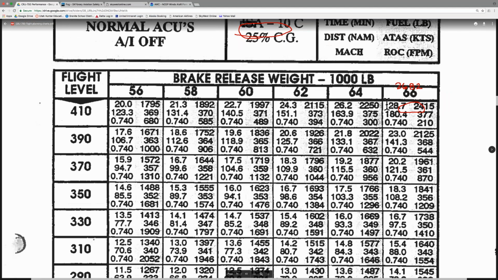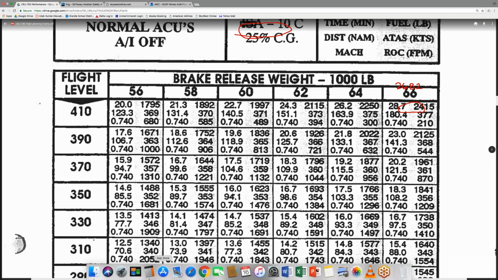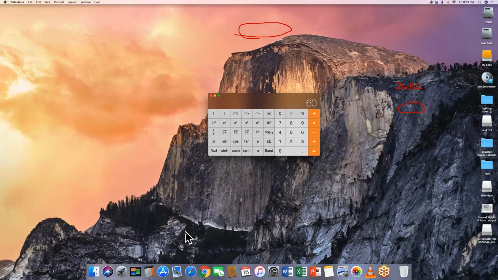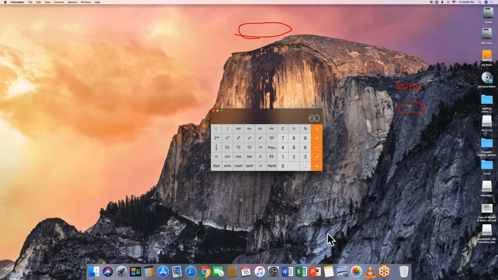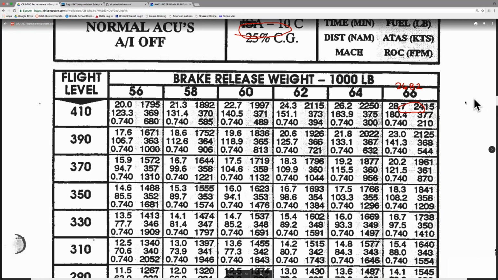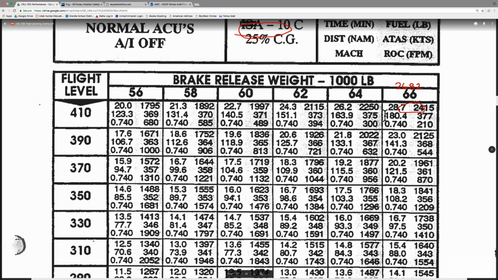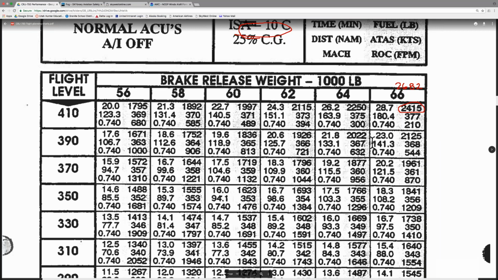Okay, here's our negative 10 degrees, and look at our fuel burn. What's the difference there? Let's see if I can pull up my calculator. No, I want it on top. It's kind of hard to follow because when you move, the circles go away or go to a different place. Okay. Is it like 200? When you're zoomed in that much, I'm not sure we can see everything you're talking about. Okay.